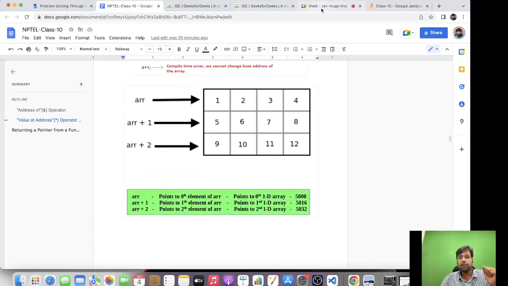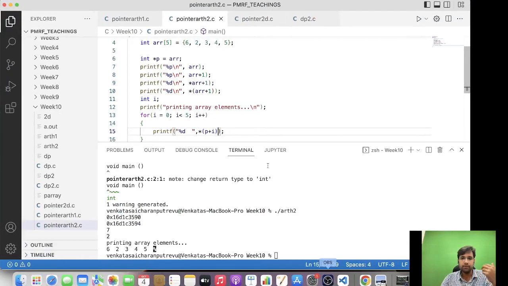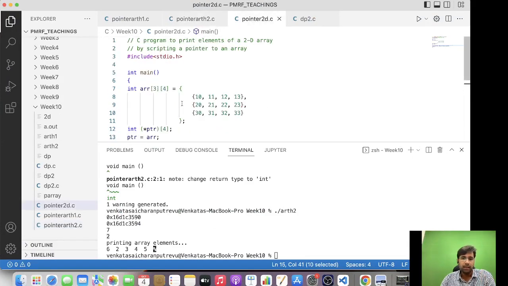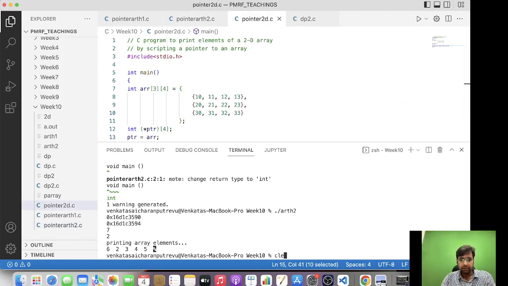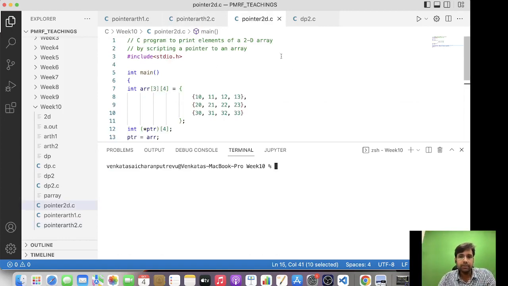So in order to clarify that question, I would like to show you some example. Let us consider this program. Let me try to clear the console, and let us consider this program, and we have a 3 by 4 matrix. You can say that this is a multi-dimensional array of row size 3 and column size 4, and we have all these values. So I would like to